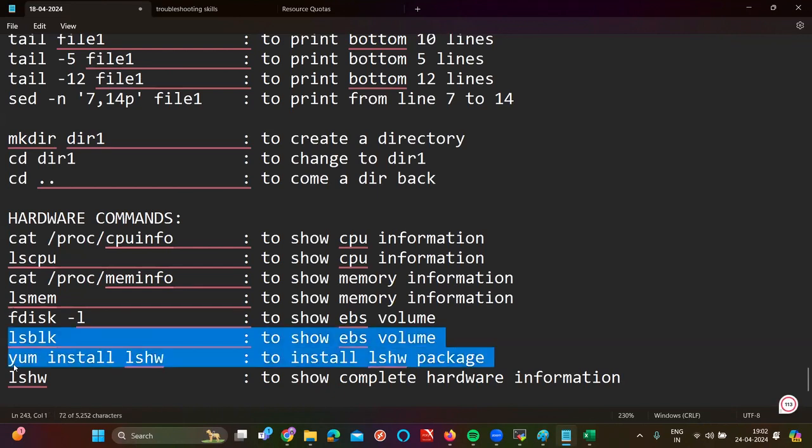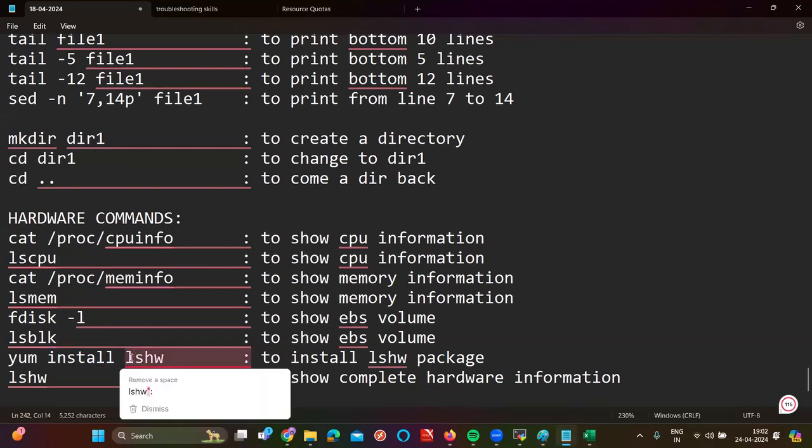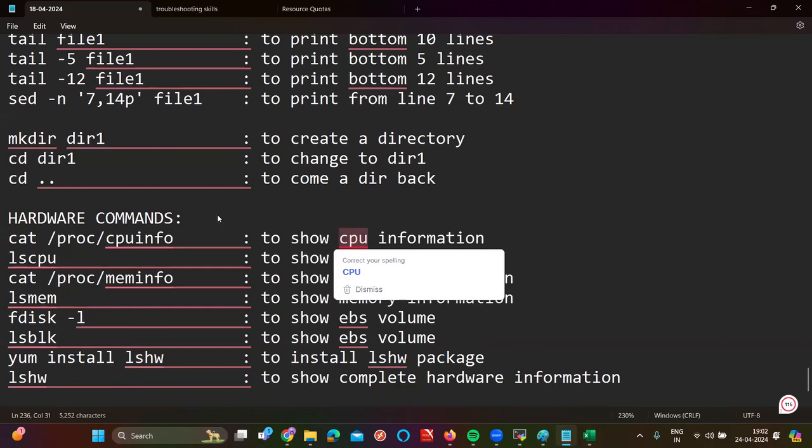Again, yum is the package manager, which will download packages in the Linux operating system. Install is the action I'm performing, and lshw is the package name. Like that. So these are the hardware commands we generally use in real time.